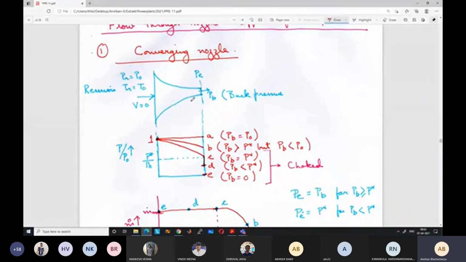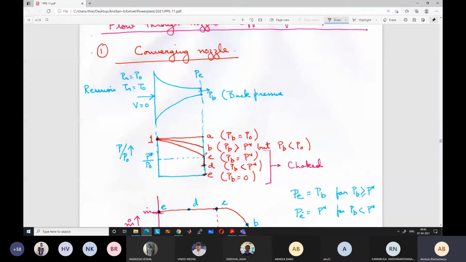These are good questions, so I will just explain. If the outlet pressure is so low that the nozzle becomes choked, the pressure will keep on decreasing in the nozzle until it reaches a certain value, and then there will be a sudden jump outside to the lower pressure that you are applying. I will give one example.